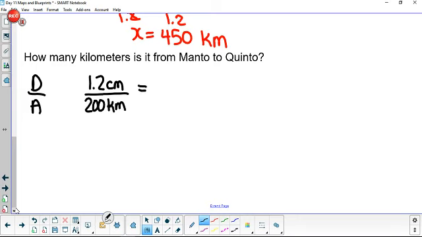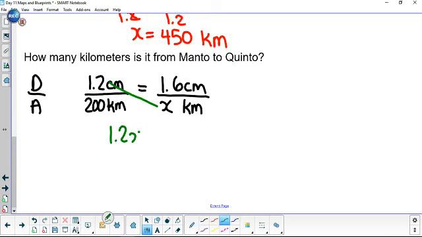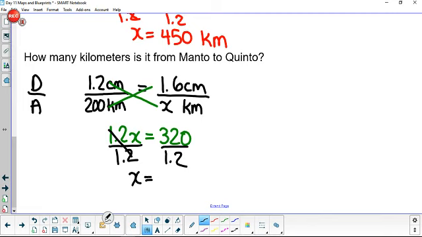When we measure the distance from Manta to Quito, we get 1.6 centimeters. We want to determine how many kilometers. 1.2 times x is 1.2x. 200 times 1.6 is 320. We isolate the x by dividing by 1.2. So we get x equals 266.7